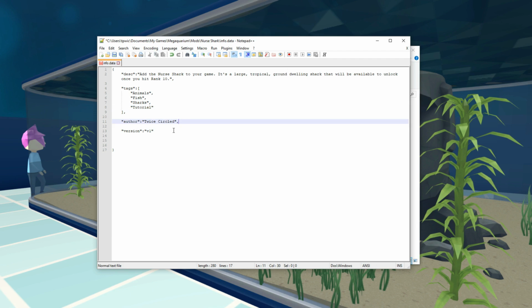Although, if you go into the mod manager page when you're creating a mod and it hasn't loaded, if it's been unchecked, then you can select the mod in the mod manager, and on the right hand side it should show you a list of errors, which will help you find any issues. Now, if you've done this by copying someone else's info.data rather than writing your own, you'll have a few extra things in here, things like load order and workshop ID, and you must delete those because that's the sort of metadata that the game uses and creates, and you really don't want to be doing that yourself. But these ones are the ones that you need to define yourself. Okay, so that is our info.data